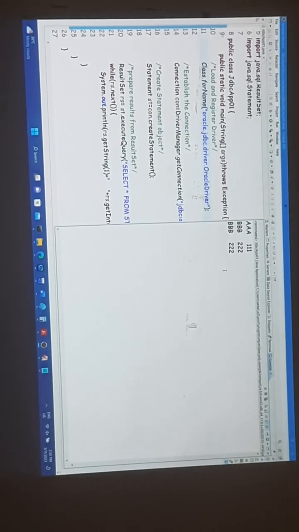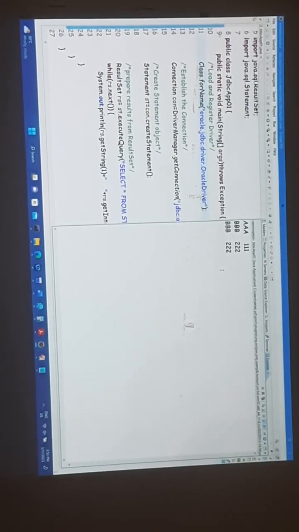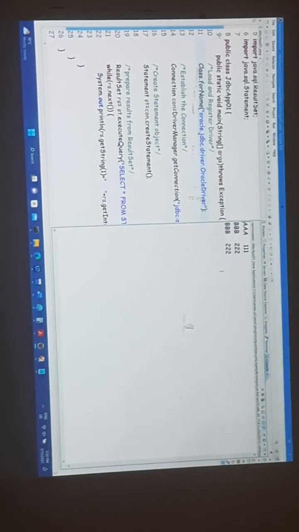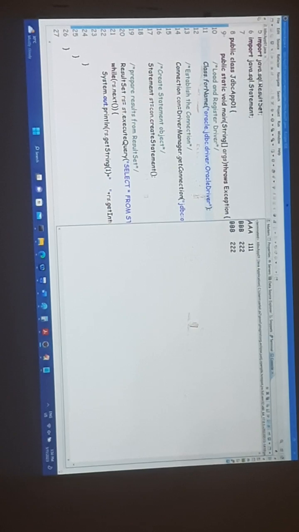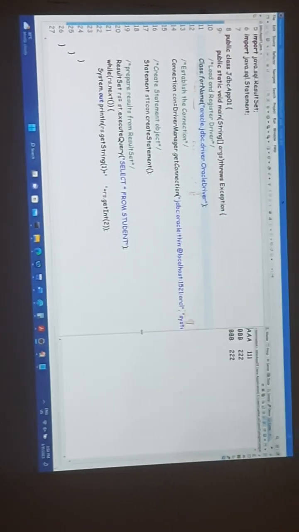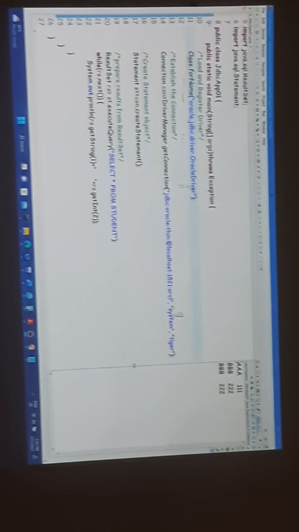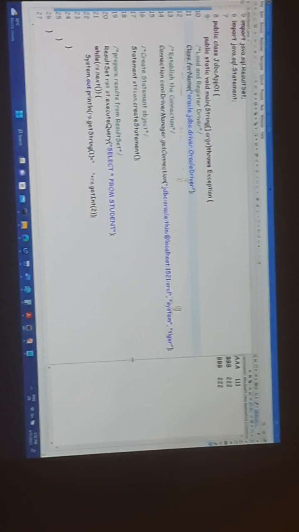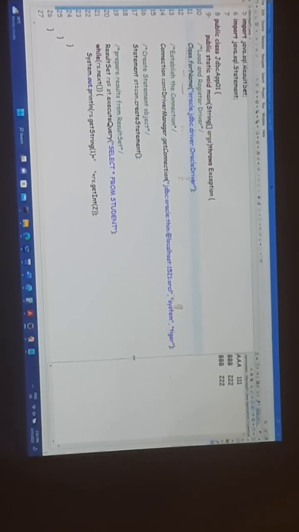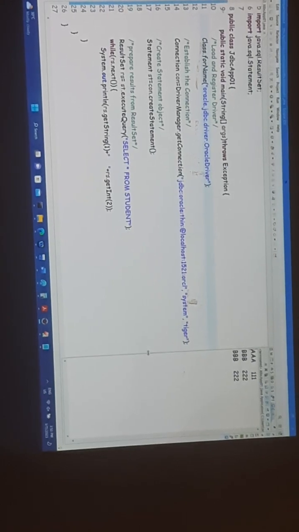Can you see that? Is your database data coming using the Java application? Yes. Now is everyone able to understand? Not understanding, but I hope you have observed the coding here, that my Java application is able to communicate with the database software. Now, whatever time is left, now I will take